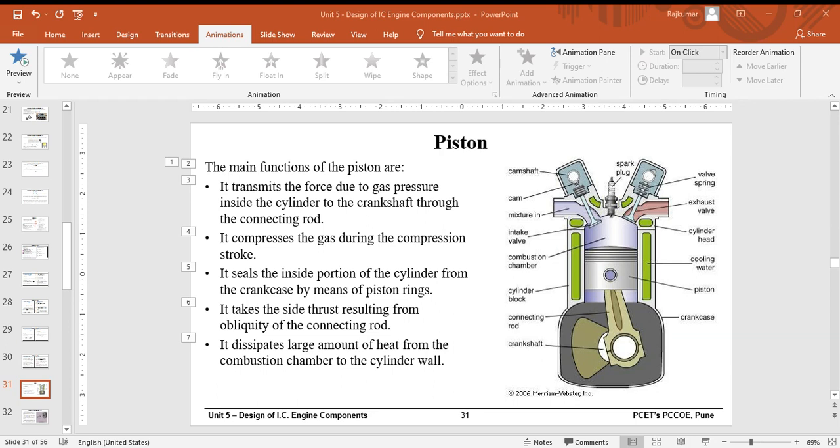Second, the maximum gas pressure may rise up to 8 megapascal. If this value is not given in the problem, and if you think you need to assume it, you can take up to 8 megapascal. Again, the average value of maximum gas pressure can be taken between 4 to 5 megapascal. As per your design requirements, you can select values between these two. Sometimes, if you want to design a robust cylinder, then you can take the value up to 8 megapascal.